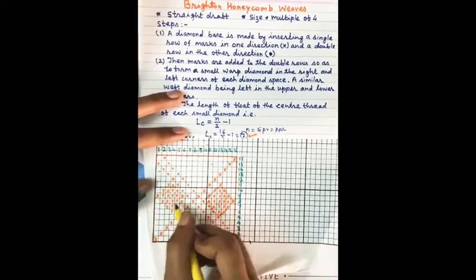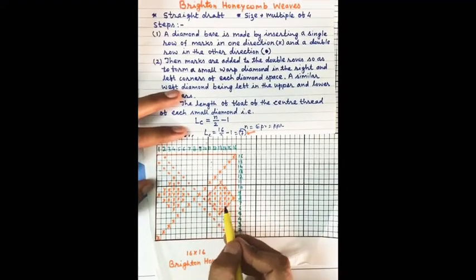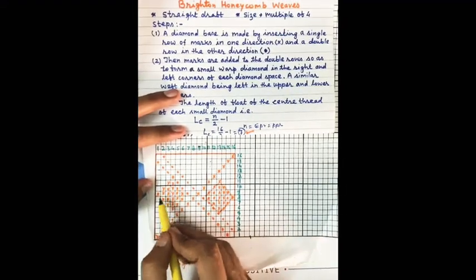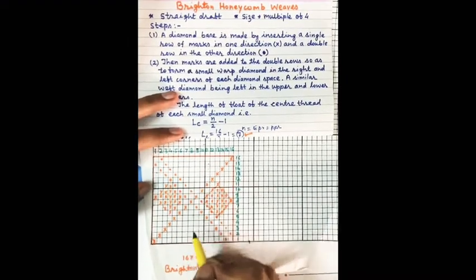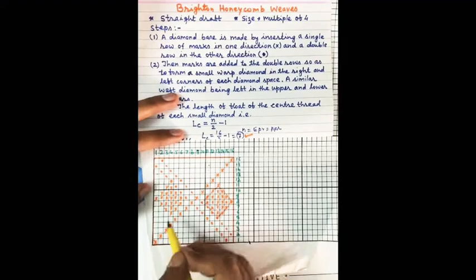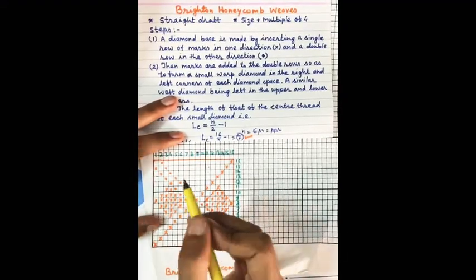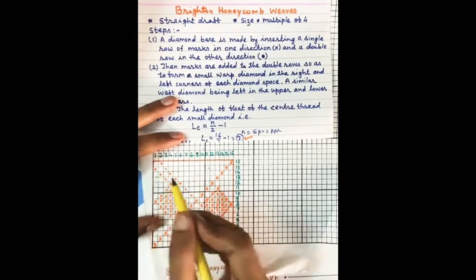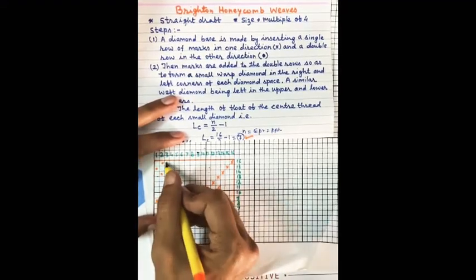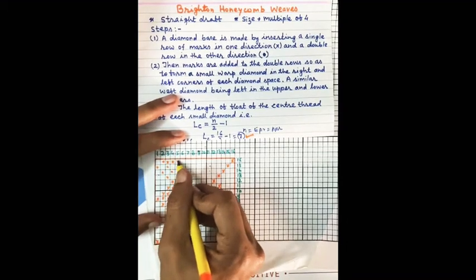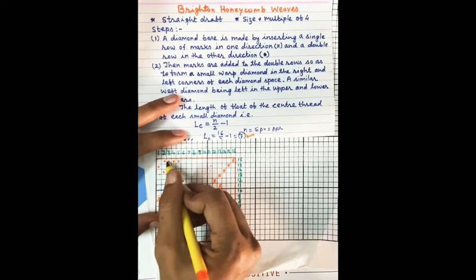So another diamond space. So another diamond, just one small diamond in the left corner and one small diamond in the right corner. Similarly, we will create 2 diamonds in this space also. So that can be understood by this, because we have to attach with the double row. So what we will do, the maximum float length is 7. So what we will do, we will add 6 marks here to the double row, because this is double row and this is center thread.